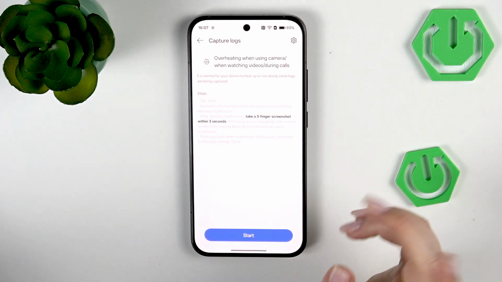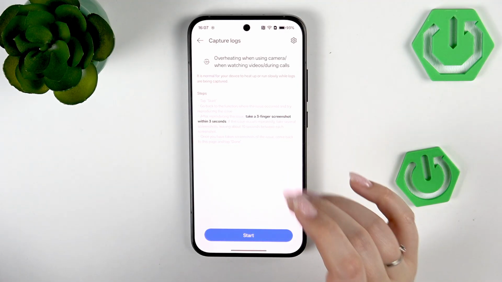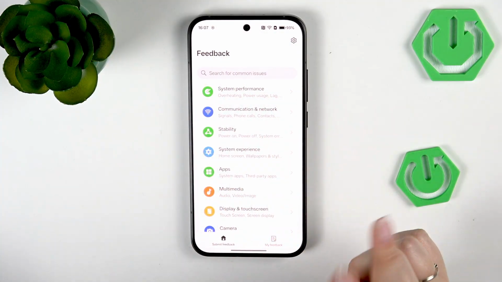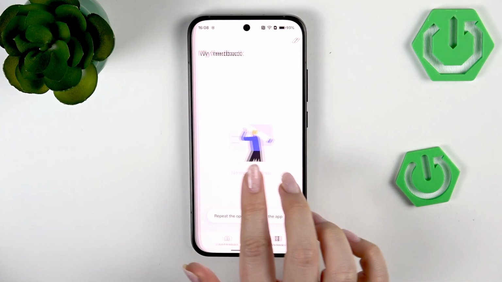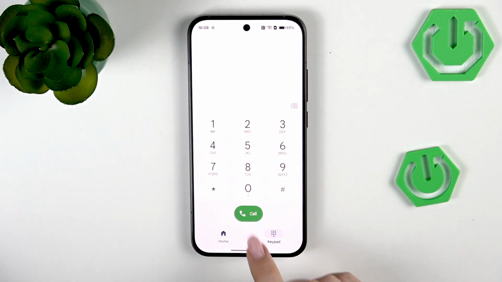Simply tap on start, come back to the section where the problem occurs, and then come back here and tap on done. So this is how to report some problems. I highly recommend to check that. Here you've got also my feedback, so you can check your reported issues. All right, another code is